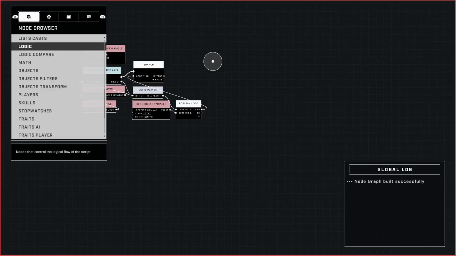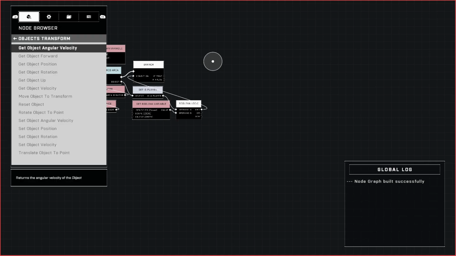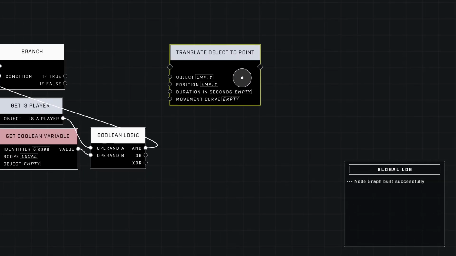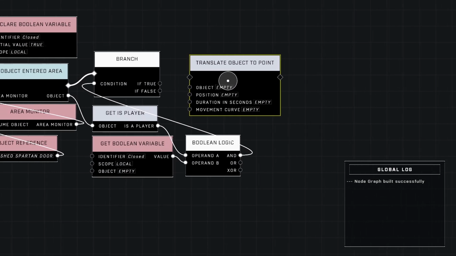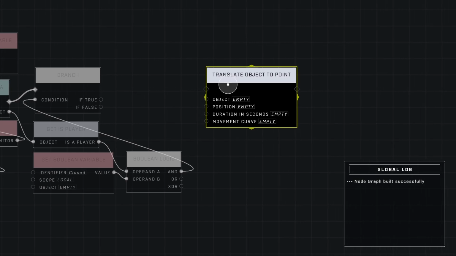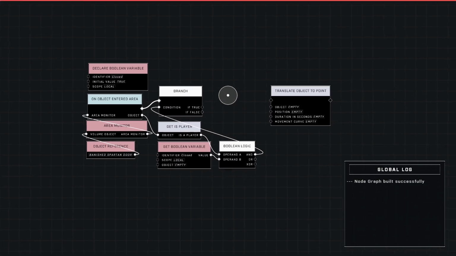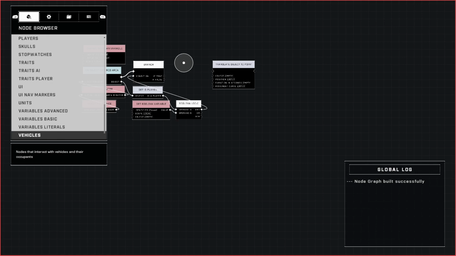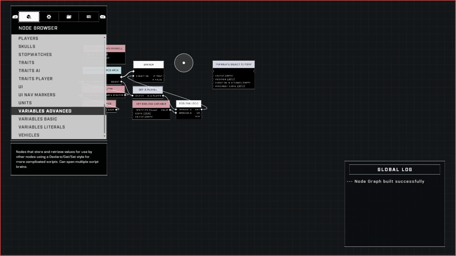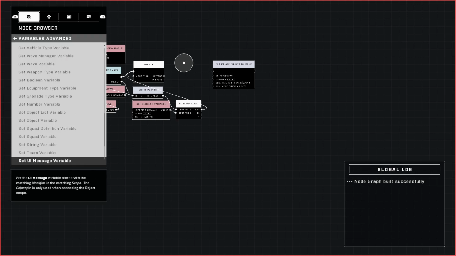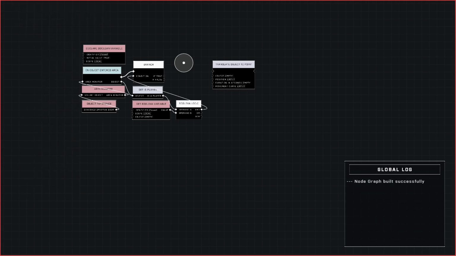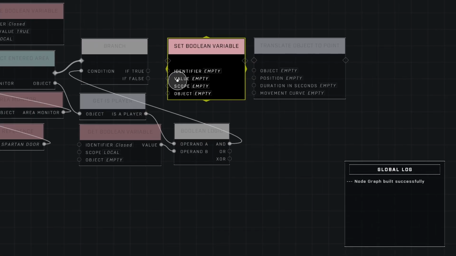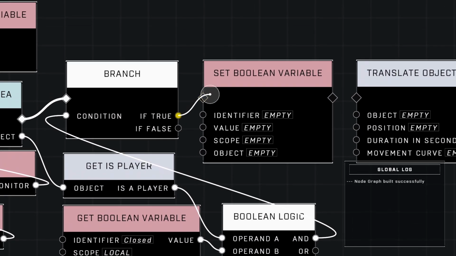So to do that, let's go to objects transform. Grab translate object to point. Place it right here actually, because we need to make sure that the game is going to know that the door is now opening. So we need one node in between these, and it is our last of the trinity, which is set boolean variable. Plug it in right here,